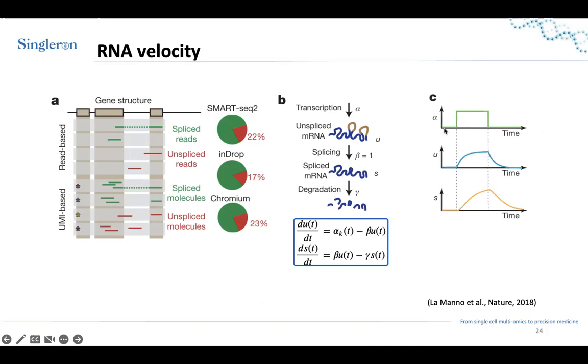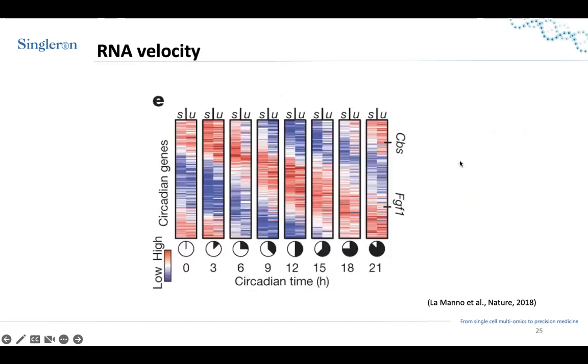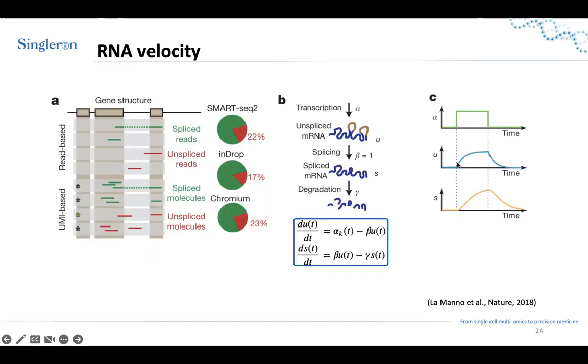So the transcription is assumed to be on-off. So it either happens or not with a certain rate. And then the unspliced mRNA at the beginning is 0. And once you have transcription, it increases. And as soon as you have some unspliced mRNA, you also have some spliced mRNA with a certain delay. So here you see that U starts increasing fast, but S increases slowly. So there is a delay actually between U and S. And then they reach a certain steady state point,